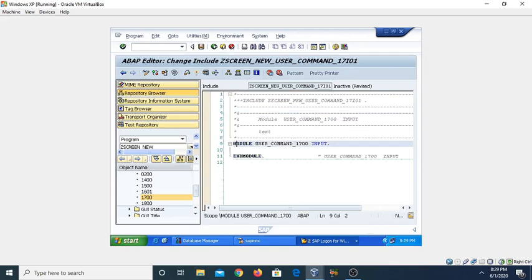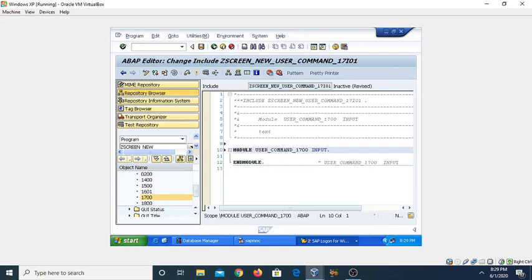Now here I want to create the local variables. You can also create the global variable. So in my case I am creating the local variable. This is data, and then we need to define the variable n, and this is n4, and the type I am giving is a numeric type, and the default value I am giving here is 0100.